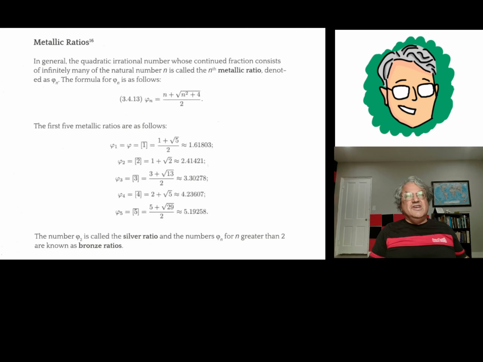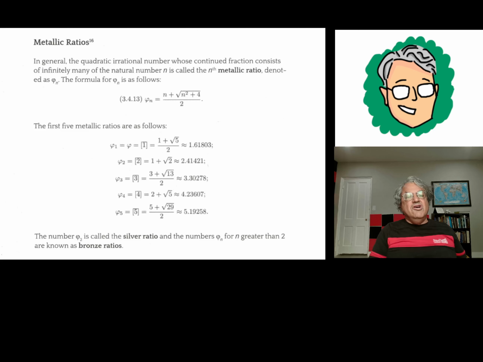You can kind of think of this like the Olympics. First place is gold, second place is silver, third place is bronze. So, as you might expect, the second of these metallic ratios is called the silver ratio. It would be 2 plus square root of 8 over 2, but since the numerator is divisible by 2, you could just simplify to 1 plus square root of 2,